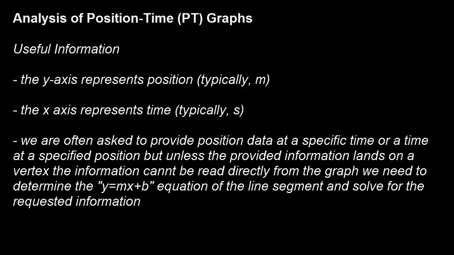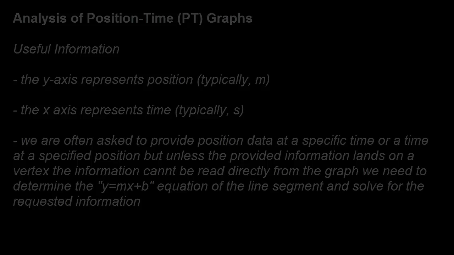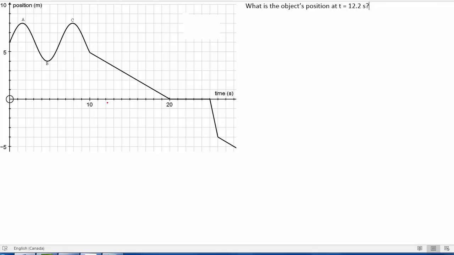Looking at position-time graphs, we're often asked to provide either specific position data or time data. But we can't necessarily do this unless the points in question land on a vertex. So we're going to look at right now how to take a line segment, find the equation of a given line segment in y equals mx plus b form, and use this information to gather more information from a